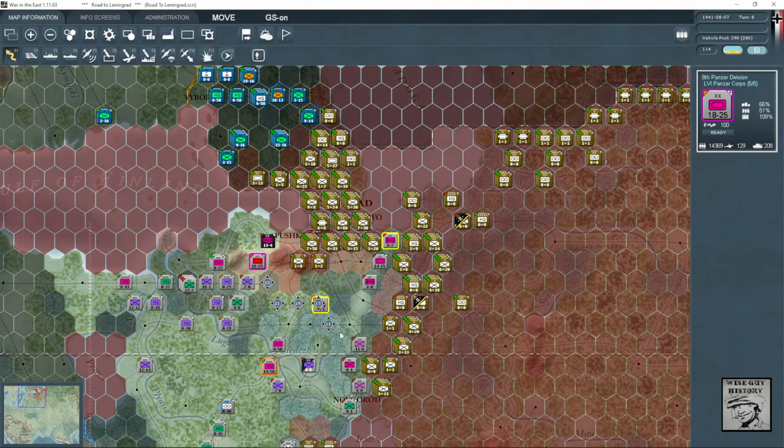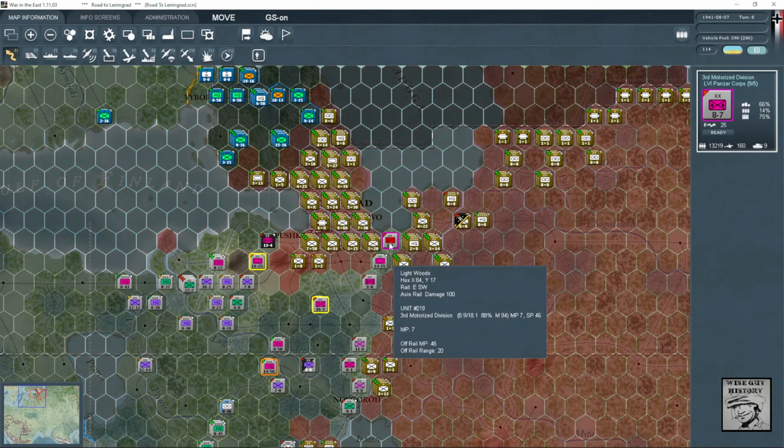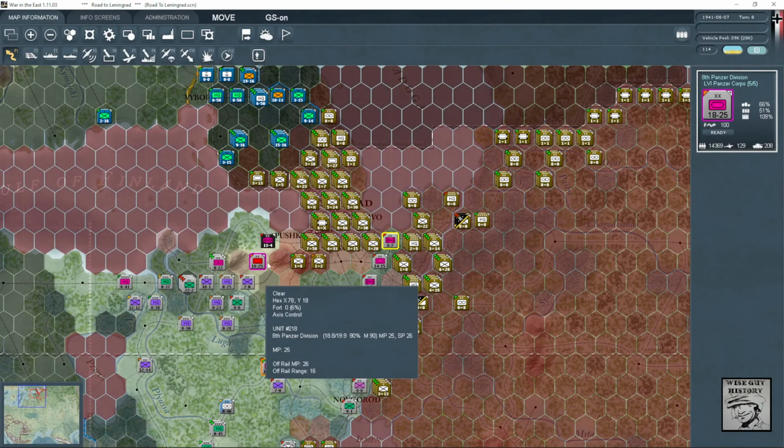I reckon they might be able to hold. I just want to really stop, if I can push in, I want to stop being cut off from here. I want to isolate Leningrad. Single motorised division, strong motorised division, I'll point out. A bit low on supplies, but